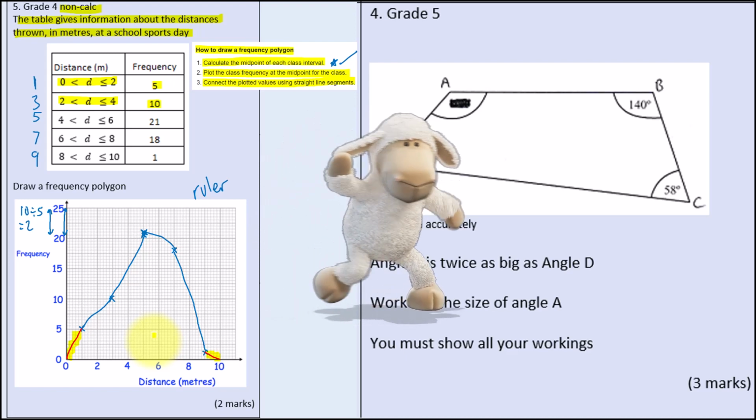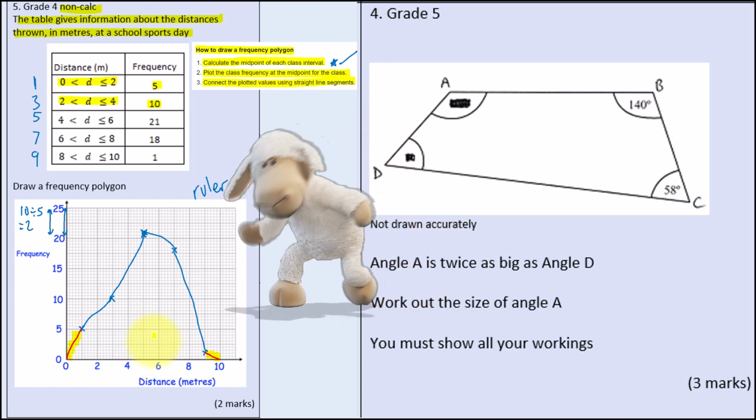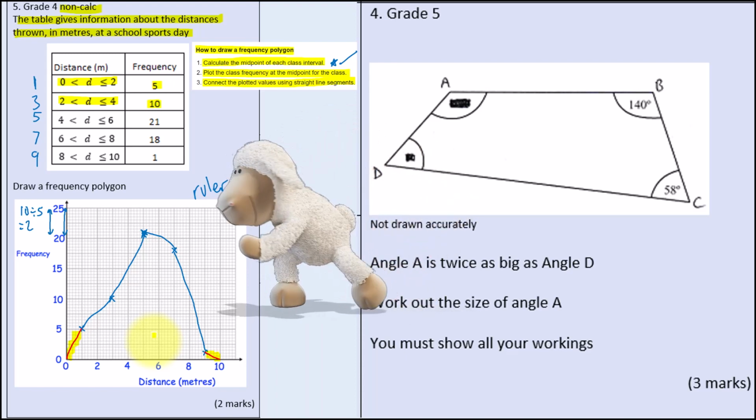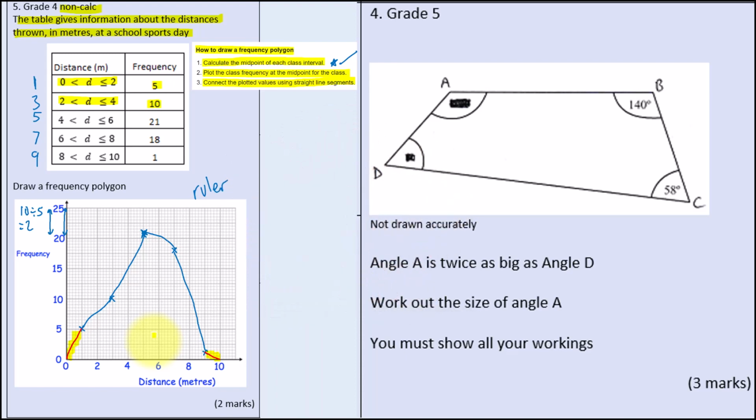the full marks. But the term frequency polygon implies that the graph should make a polygon and not just a series of lines, and that makes a polygon. That's extra information, but if you just drew the line in blue that would have been perfect. Now let's look at this